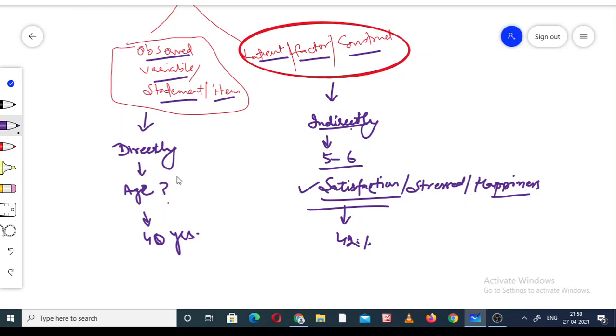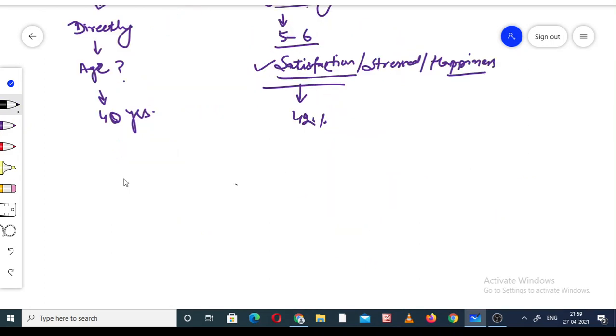One type is the qualitative, the other is the quantitative. These are the observed variable, and these are the latent variable. That is the difference between the observed variable and the latent variable. The important point, relevant to Amos, remember it: in case of the directly observed variable, we always denote it by this square box. And in case of the latent variable, it is always denoted by a circle like this. That is the difference between these two.